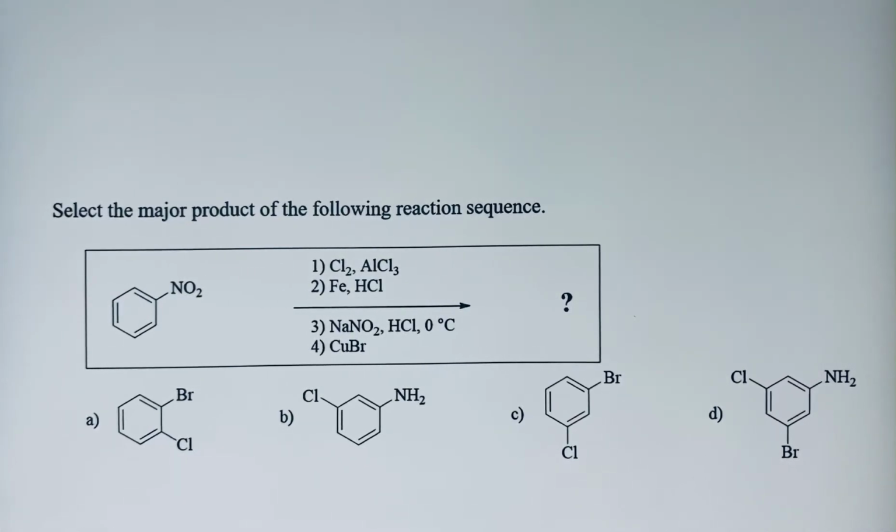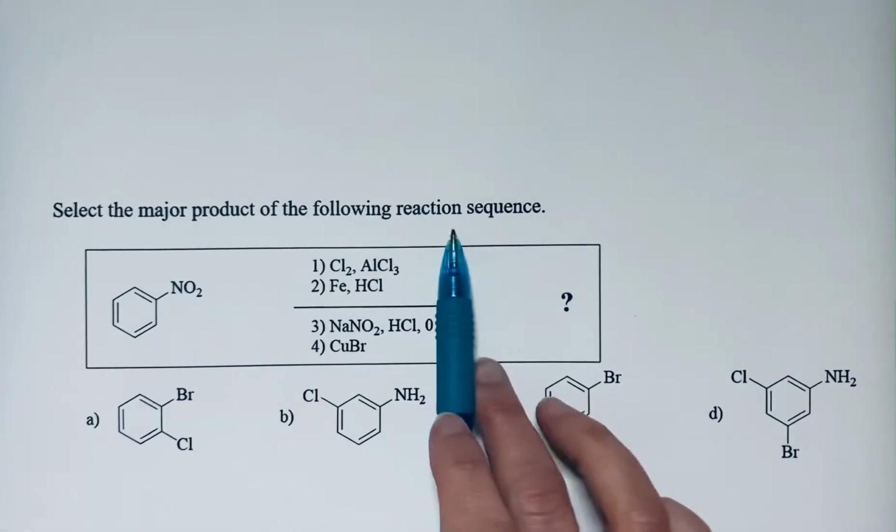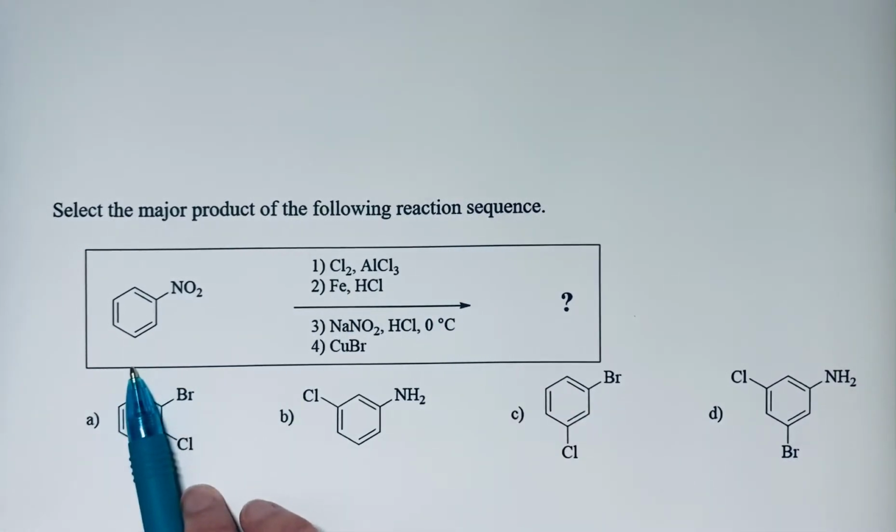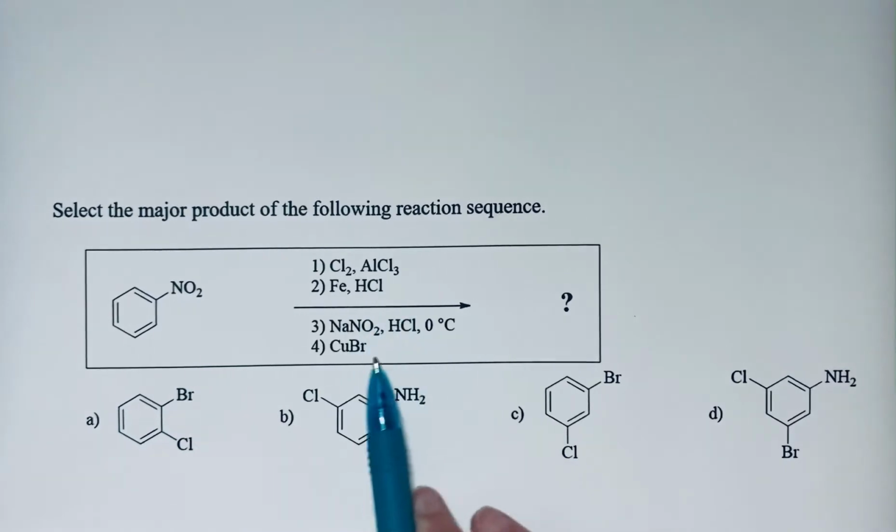Select the major product of the following reaction sequence. So we're starting this reaction sequence with nitrobenzene, and we've got a series of steps that we're going to be going through here. So what we want to do is make sure that at every step of the way, we're drawing the products and really paying careful attention to things like the directing effects of the substituents